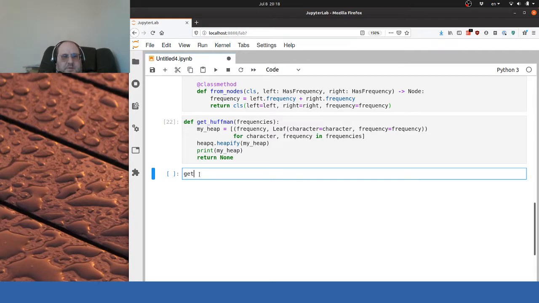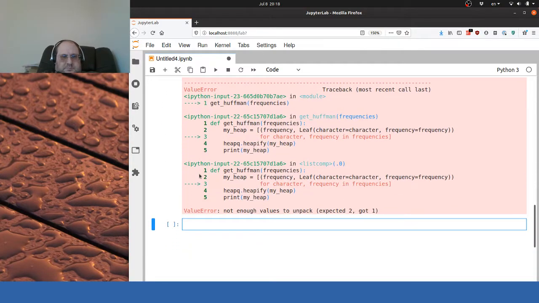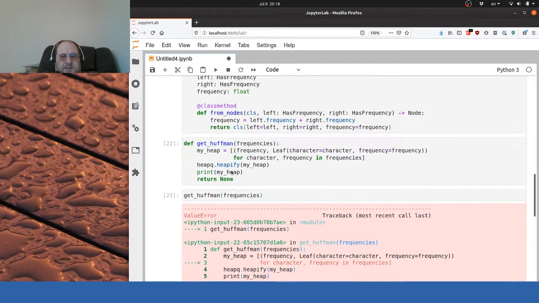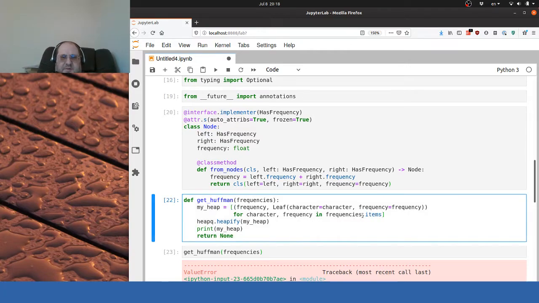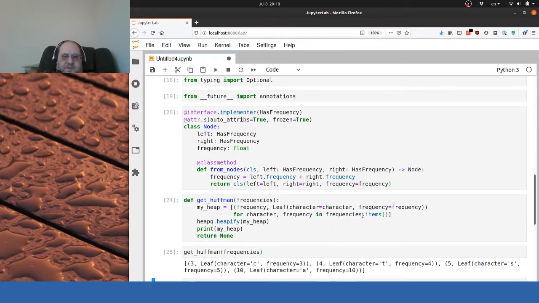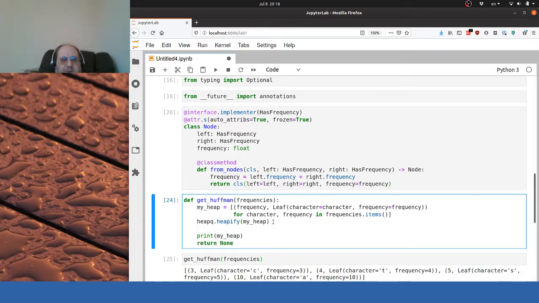And let's do get frequencies dot items. Yes, this is why it's good to do this: this just converted to the leaves, right? And that's good because those are the leaves we're going to need. And now we do this while len my heap